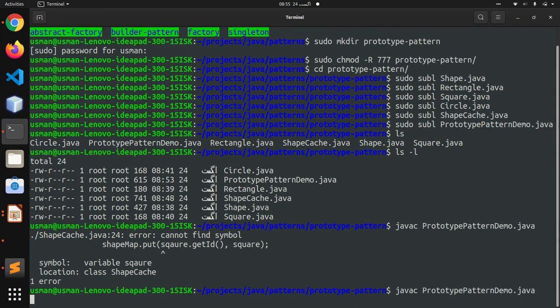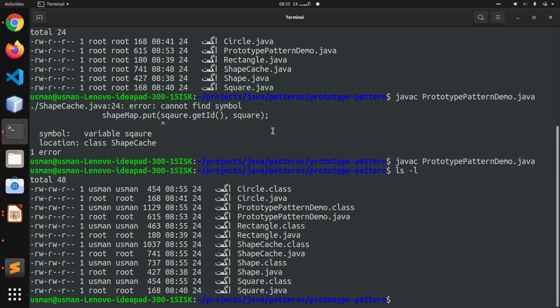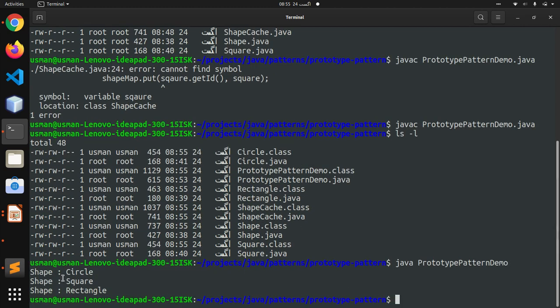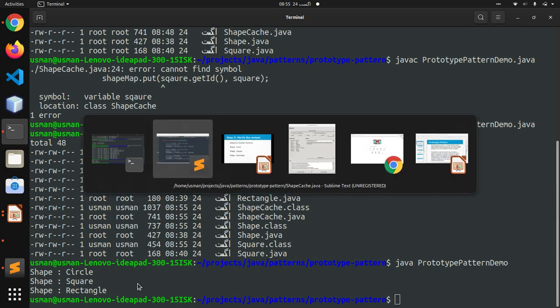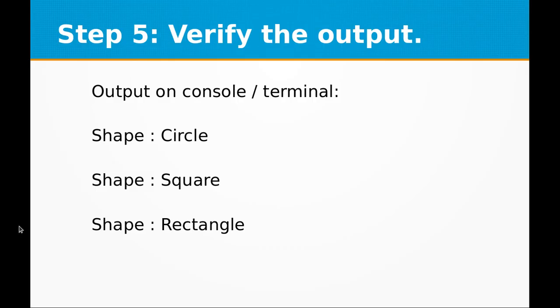Now it should be fine. Yeah, we don't have any output now, so this means that our compilation has been done. So I'm going to run the PrototypePatternDemo class, and you can see we have the output: Shape circle, Shape rectangle and Shape square.